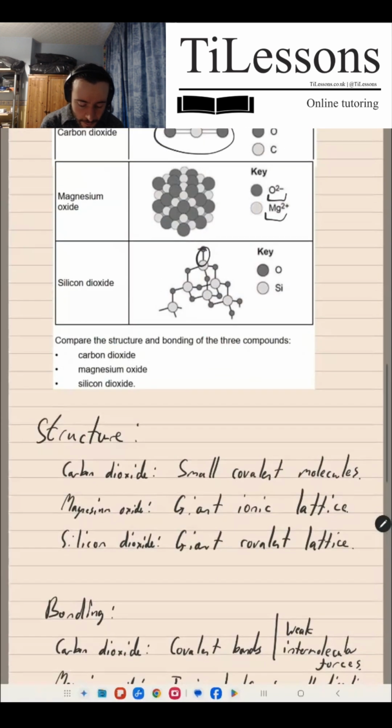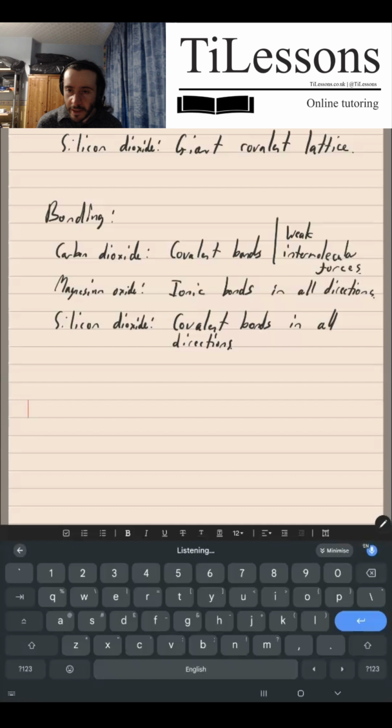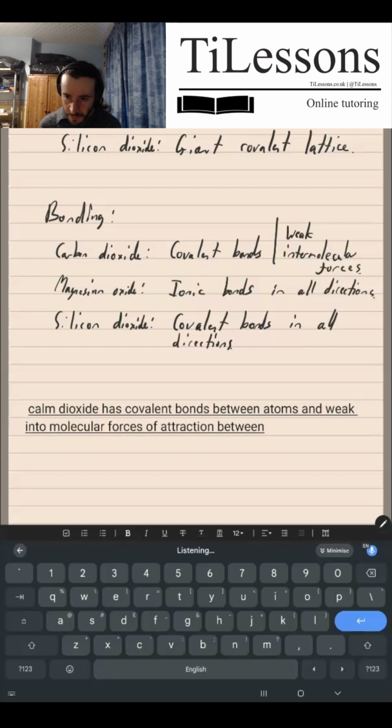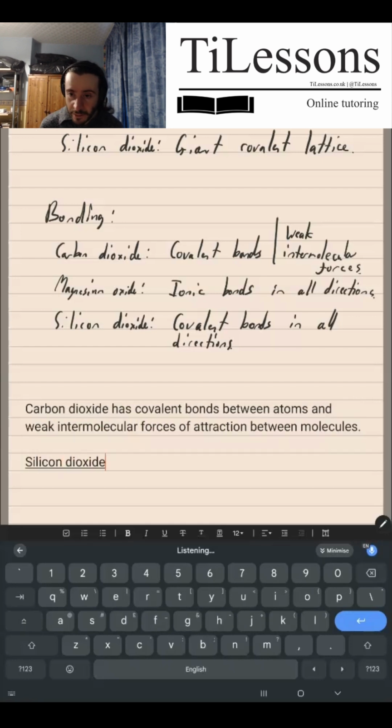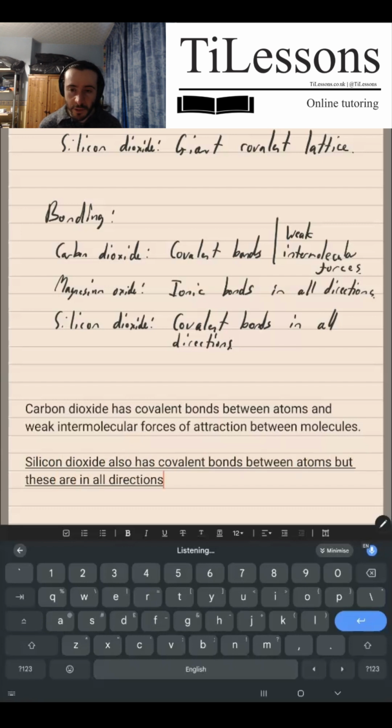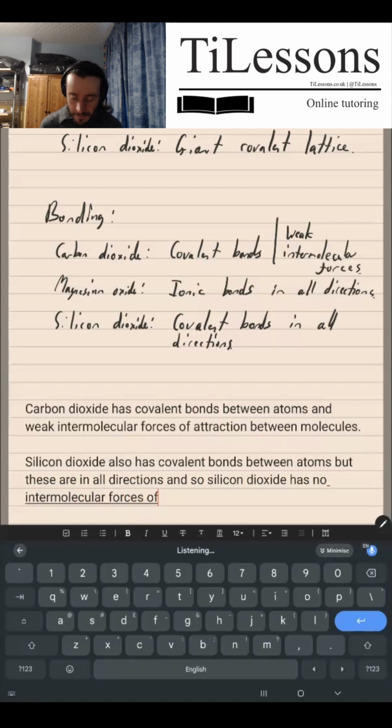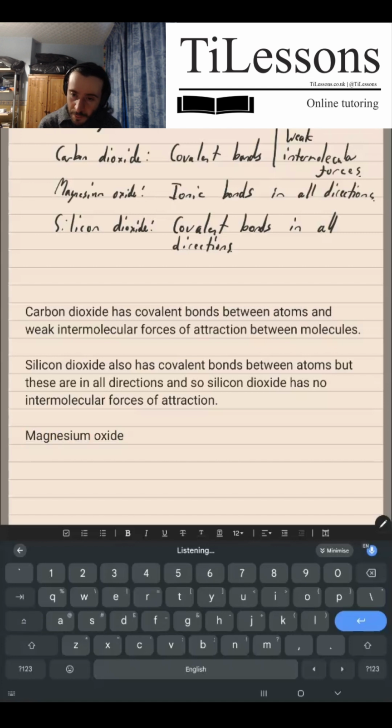Now the question does say compare, so we would say one has this whereas the other has that, generally speaking. Carbon dioxide has covalent bonds between atoms and weak intermolecular forces of attraction between molecules. Silicon dioxide also has covalent bonds between atoms, but these are in all directions, and so silicon dioxide has no intermolecular forces of attraction. Magnesium oxide also has bonding in all directions, but because ions are involved, magnesium oxide has